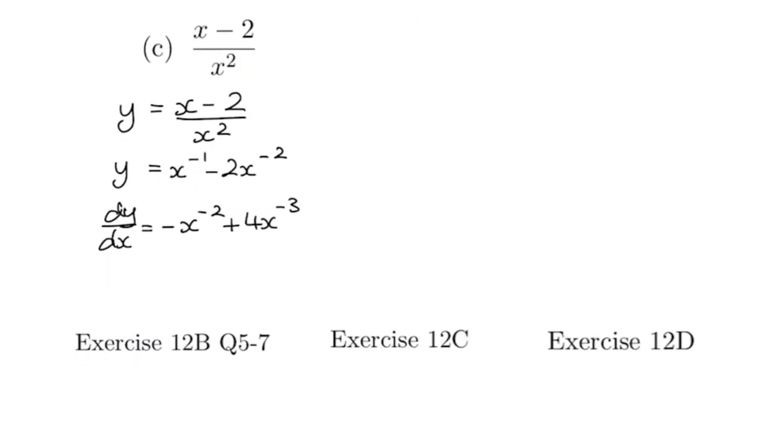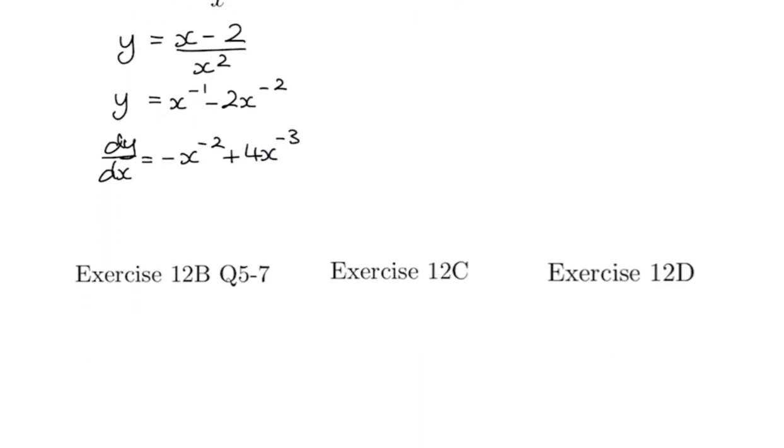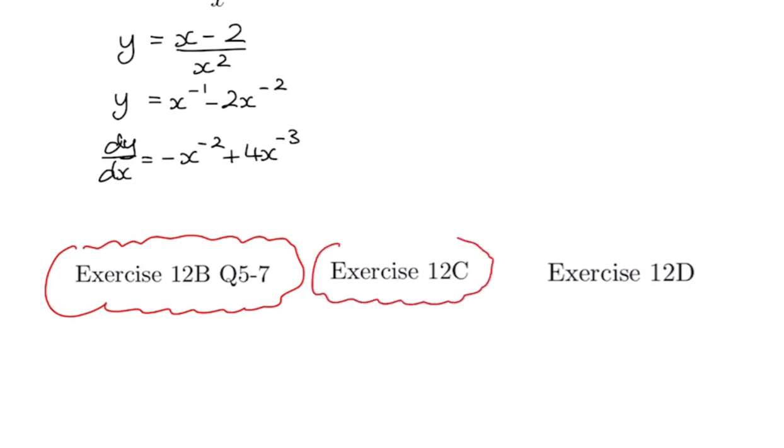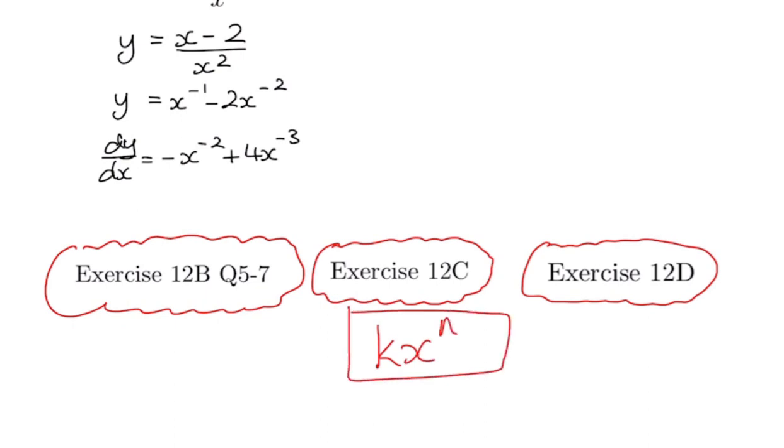So what you need to do now, in order to practice this, you need to have a go at the following. Exercise 12b, questions 5 to 7, and that's using differentiation from first principles. And then exercise 12c and 12d, which are all using the basic rule for differentiation, remember, which is multiply the power by the coefficient, decrease the power by 1, but each term must be in the form kx to the power n. So make sure you put every term like